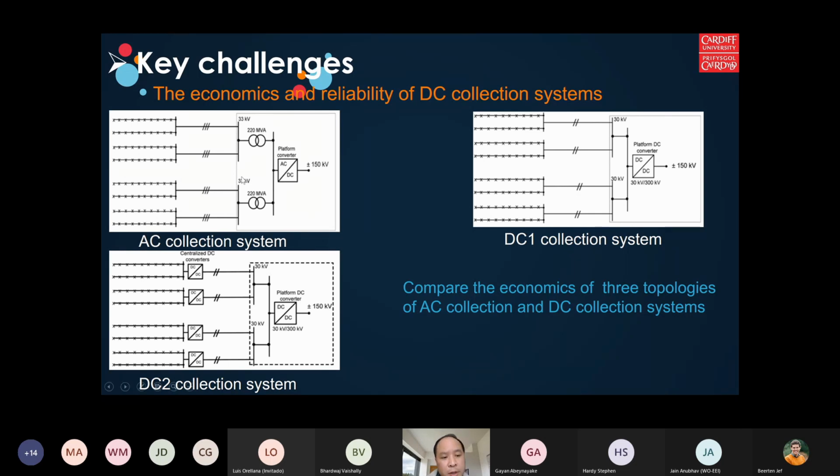I put the graph here to show that we have different configurations, and for each component, series and parallel arrangements, and then the failure. If there is a failure, how much wind turbine capacity is lost, how much energy could be lost. In terms of reliability mathematics and algorithms, they are almost mature, because they have already been used for the AC power system. This methodology, we can say, is mature. But in terms of the data and different operation characteristics, how do we consider the special features of the wind turbine, such as the distance between turbines, or the wake effect, and how do we analyze